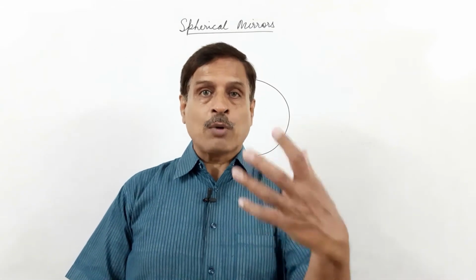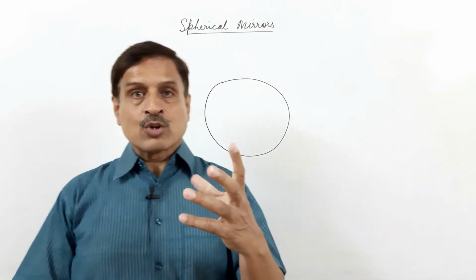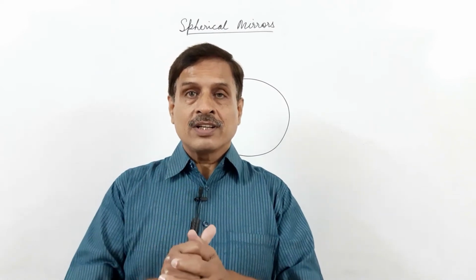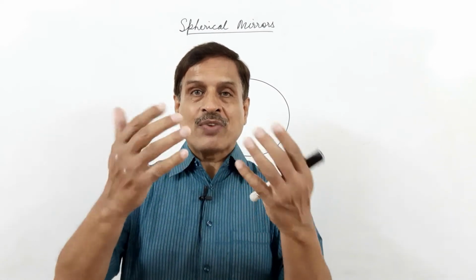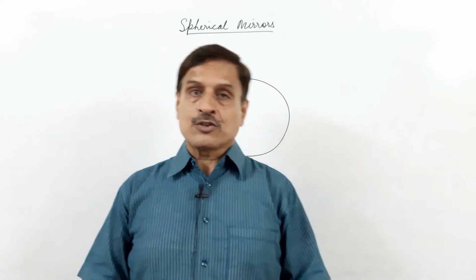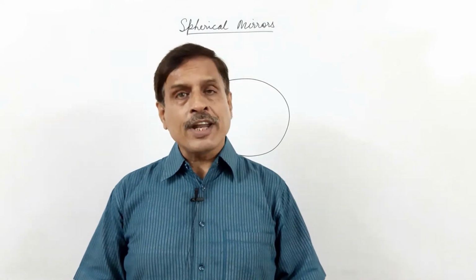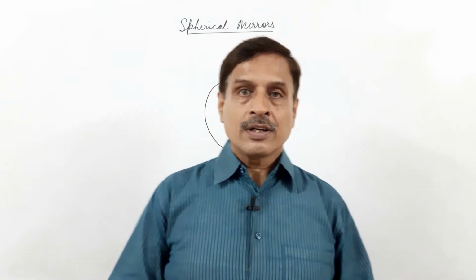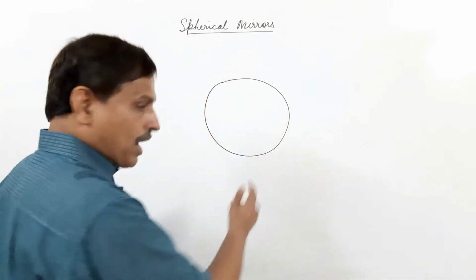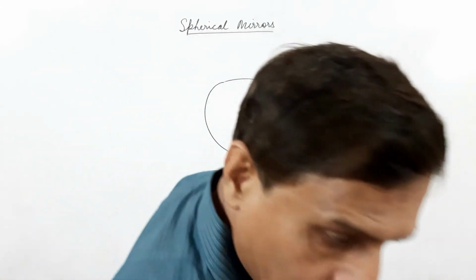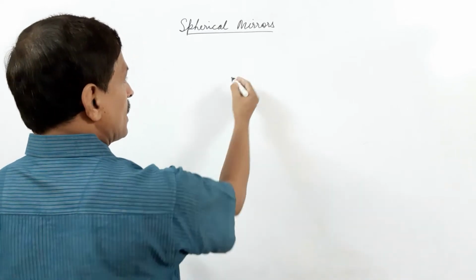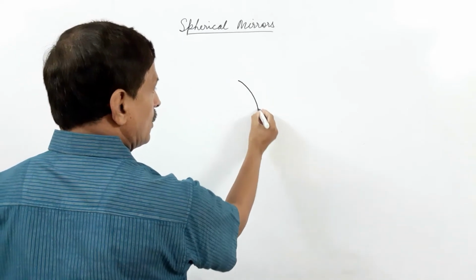We are familiar with the tennis ball, which is hollow from inside, and we can cut a part of it that is appearing to be spherical, having a curvature. If we take a glass sphere, a hollow sphere, a part of this hollow sphere is used in making a spherical mirror. A part of this hollow sphere of glass looks like this.